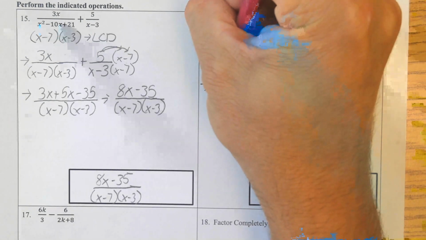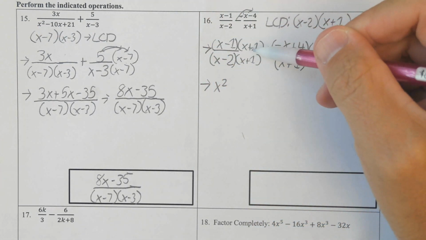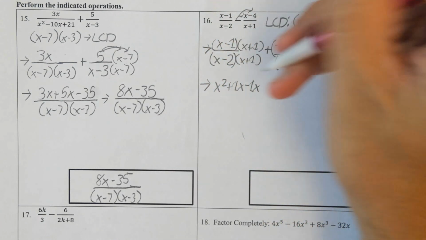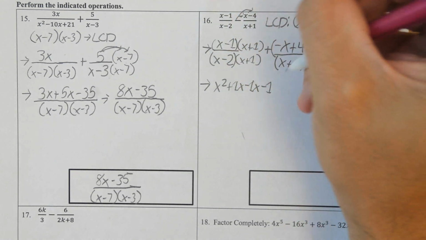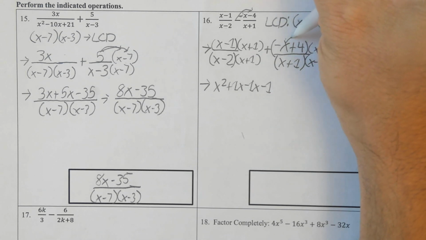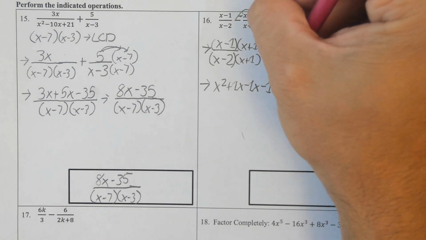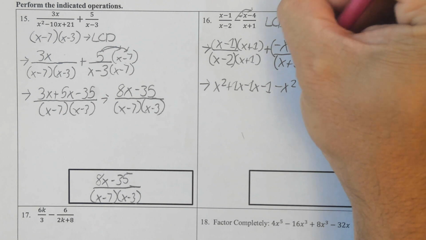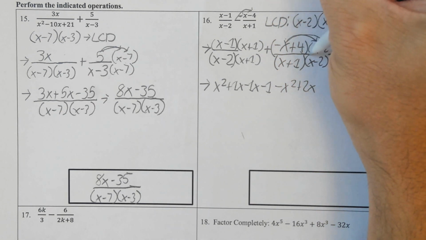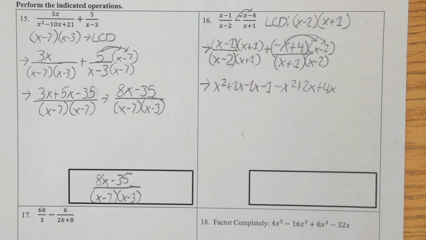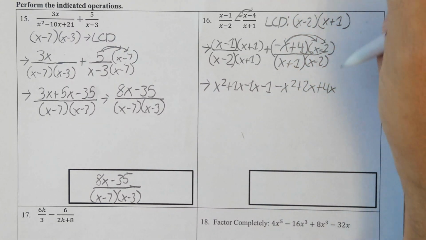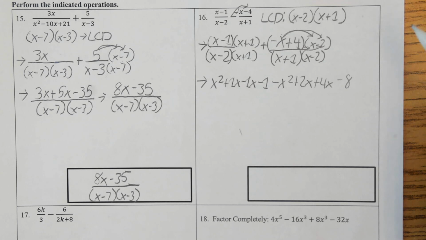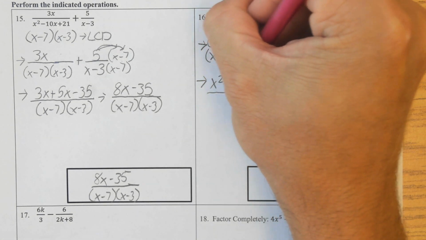So I'm going to get this in the numerator up here. x squared plus 1x minus 1x minus 1. Negative x times x is a negative x squared. Negative x times a negative 2 is a positive 2x. 4 times x is 4x. And then 4 times a negative 2 is a negative 8. Now I know that looks a little crazy, but let's go ahead here. This is all over